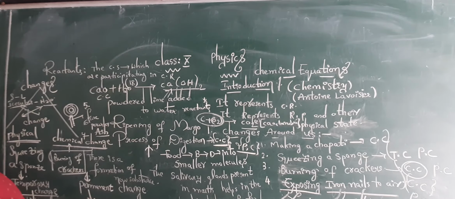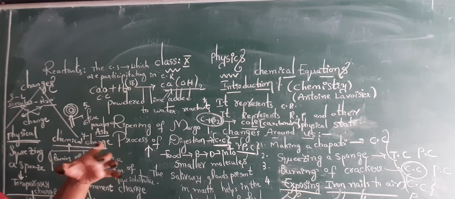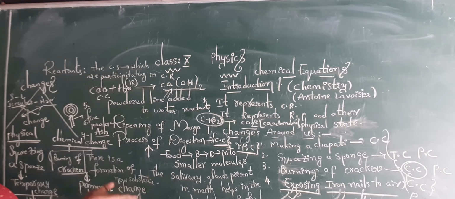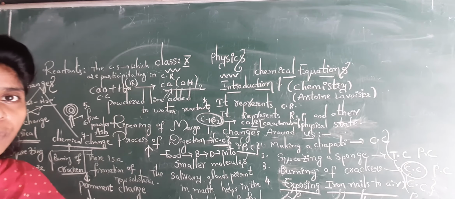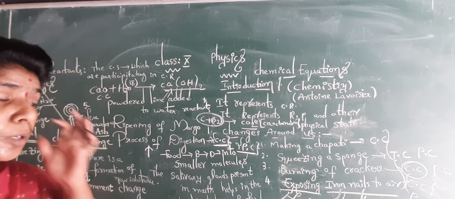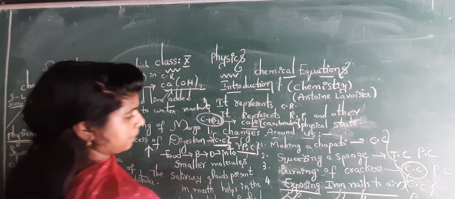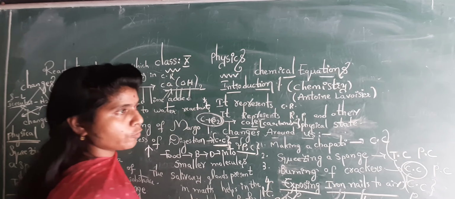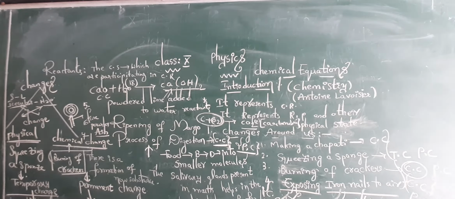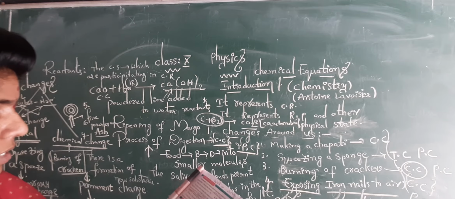Why? Because as the fruit is ripened, the taste may vary. This is an example for physical change. Once the seed is placed underneath the earth surface, again it has the chance of obtaining a new plant. That is the reason this comes under chemical change. Ripening of mango is the best example for physical and chemical changes.